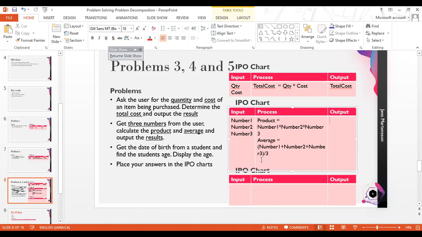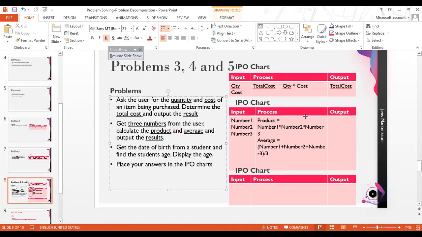Students tend to put number 1 plus number 2 plus number 3 slash 3. In that situation, students, what you're actually doing is adding number 1 to number 2, then dividing number 3 by 3, and adding the result to whatever results you got from adding number 1 to number 2. So be careful. So we are asked to output the results, and we're going to go back to the same